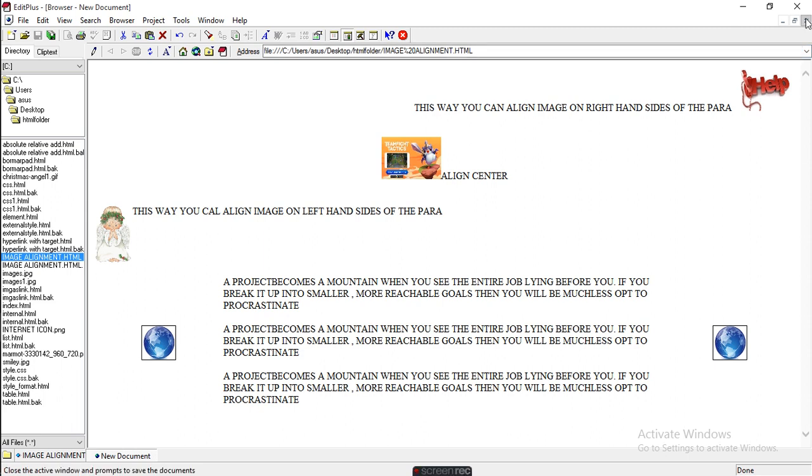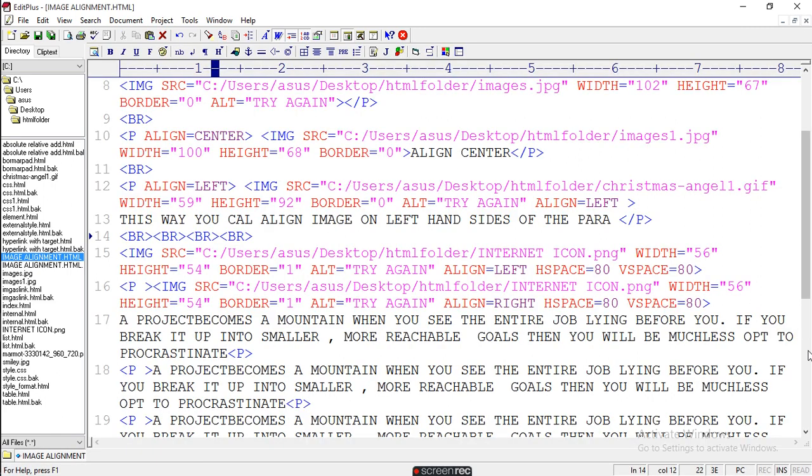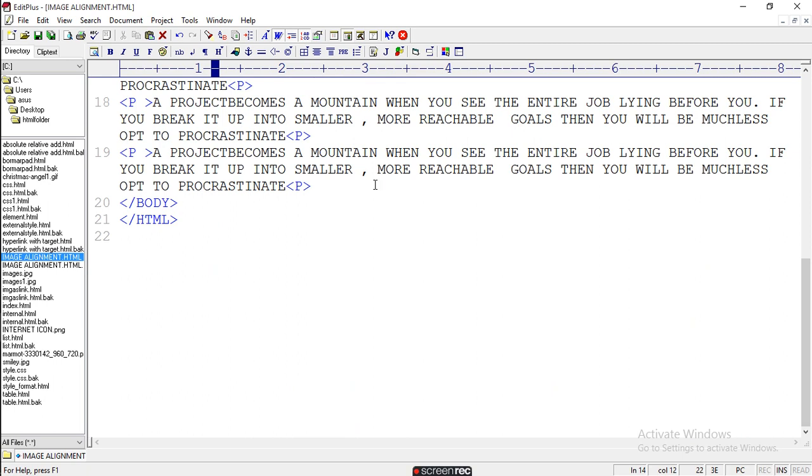Now how do you insert the image in EditPlus? It is very easy compared to any other software.